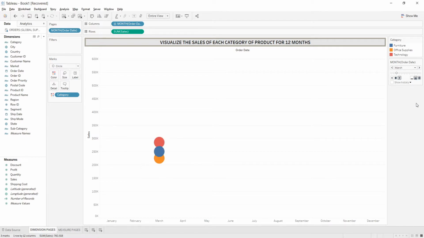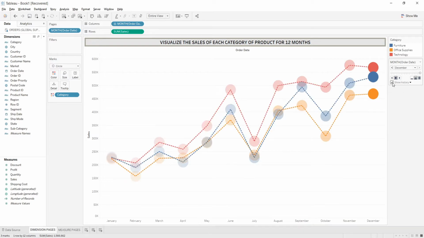Further, for much better analysis, we can see that there is an option of history. From this history option, we can see the previously played pages, and for that we have to click on the Show History button. So you can see when I have clicked on the Show History button, all the previously executed pages are shown in this blurred option.